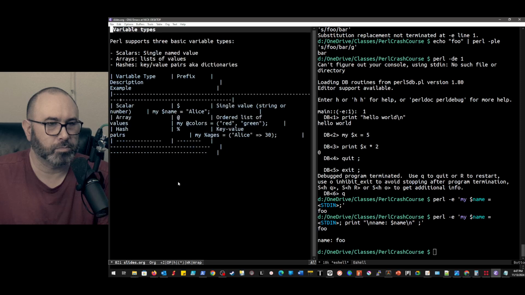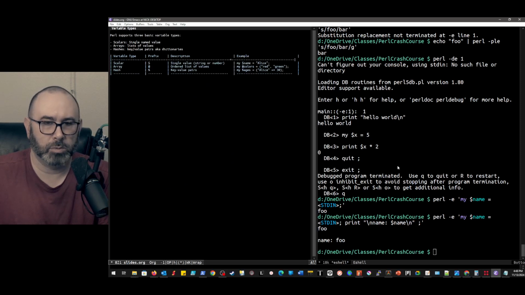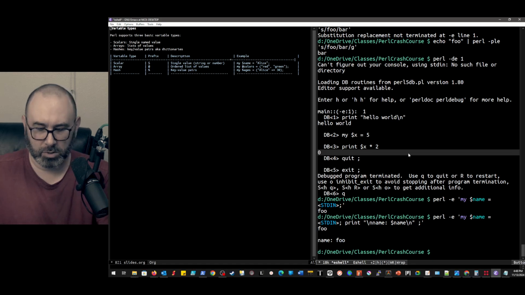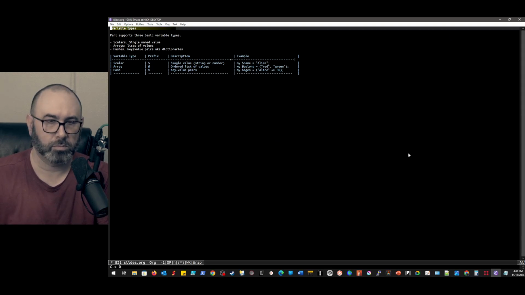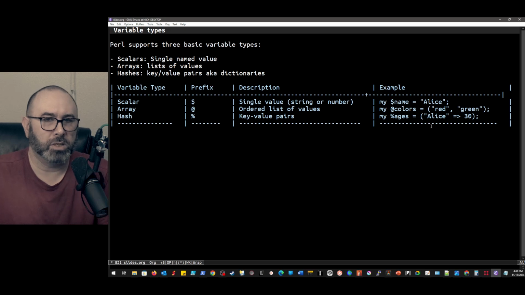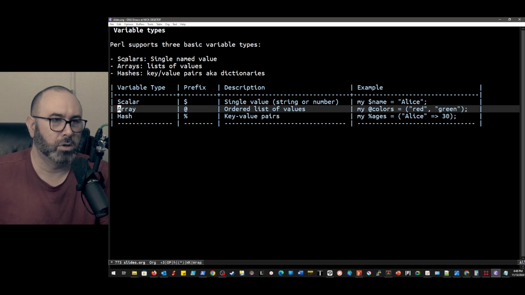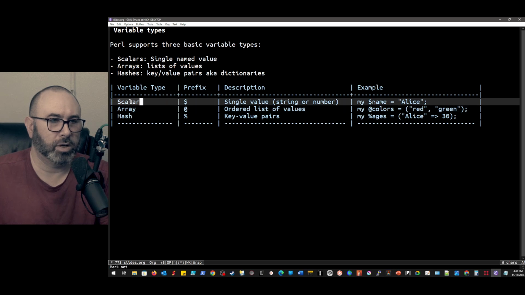So if I zoom out of here a little bit, this might be a little too hard to read here. Let me close this out. We can zoom back in over here. So this is just a little table where we have the various different types of variables, and then our example usage. So we've got a scalar.